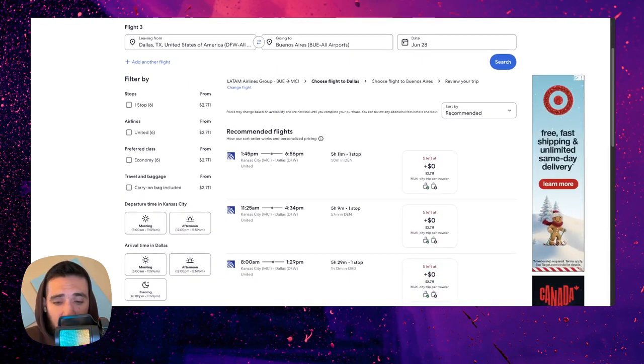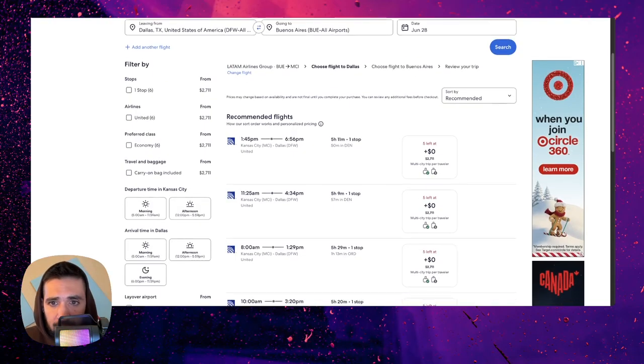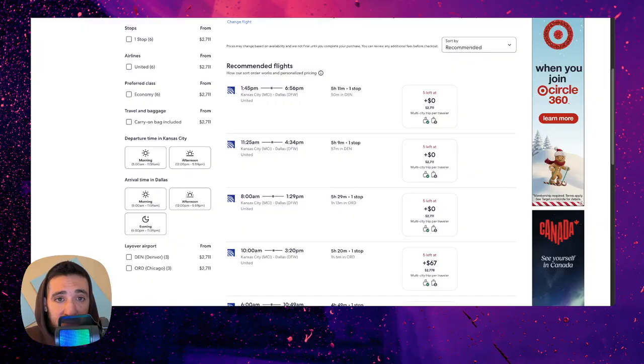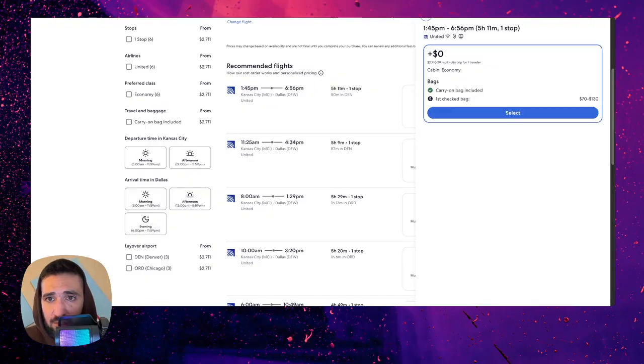And let's go to our flight number 2, which is going to be Kansas City to Arlington, Texas. And here we have a bunch of flights that do not have any additional fees. And because we have time between Kansas and Arlington, Texas, we can just select the 1:45 p.m. leaving Kansas and arrives at 7 p.m. in the afternoon. That's a 5-hour flight from Kansas to Texas. So it arrives within that day, which is June 20th. So let's just select the first one.